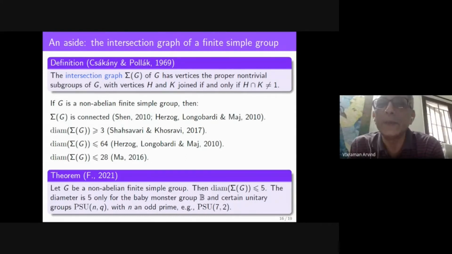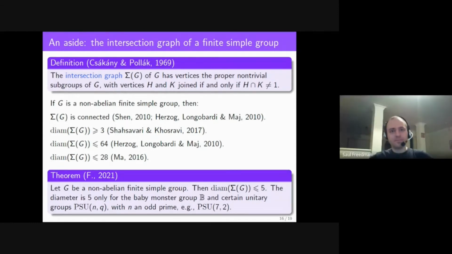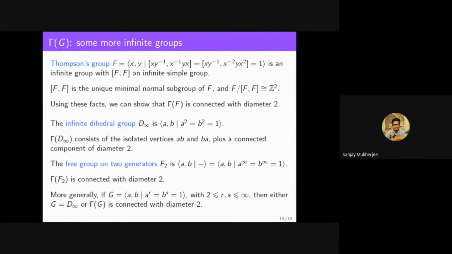Are there any further questions? Hello, Saul. This is Sanjay. I have a question. In the last slide, you discussed infinite groups. Can you go to slide 19? Here for gamma, if it's connected with diameter 2, all the groups we have considered are 2-generated. So if you take more than 2 generators, does it evidently follow that the diameter will be...?